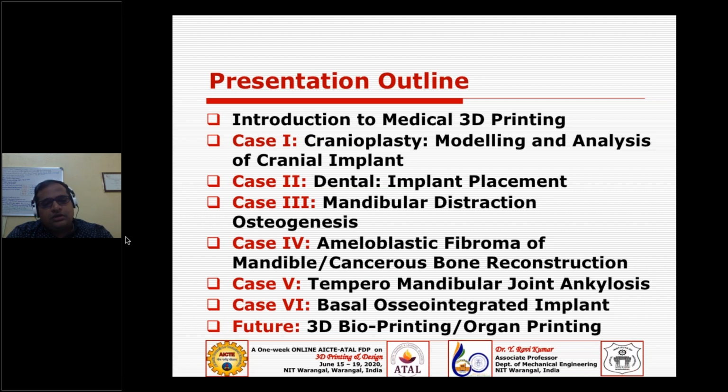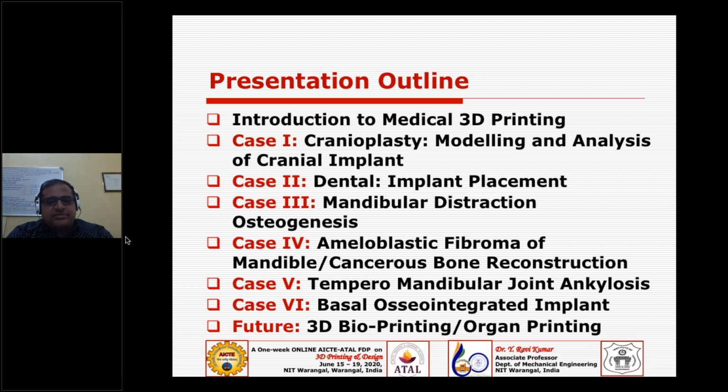In medical practice nowadays, a lot of developments are happening. Medical people are coming out with innovative surgical methods. They are not following traditional methods, and 3D printing is catalyzing such opportunities for doctors.